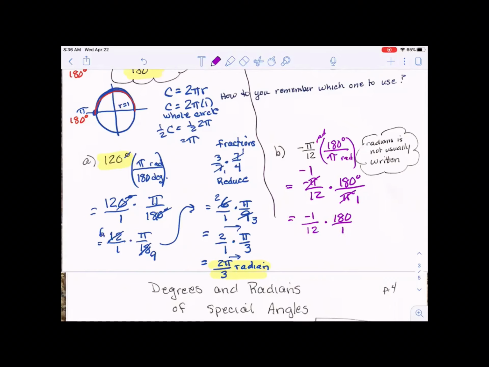I see a 12 and a 180. Those are both even, but 6 goes into 12 and 6 goes into 180. So I'm going to save myself a little bit of work and divide by 6. 6 goes into 18 3 times, and there's a 0 on the end, so that's going to be a 30 up there. So now I have negative 1 over 2 times 30 over 1. Oh, but look, now I have a 2 on the bottom, which is even, the